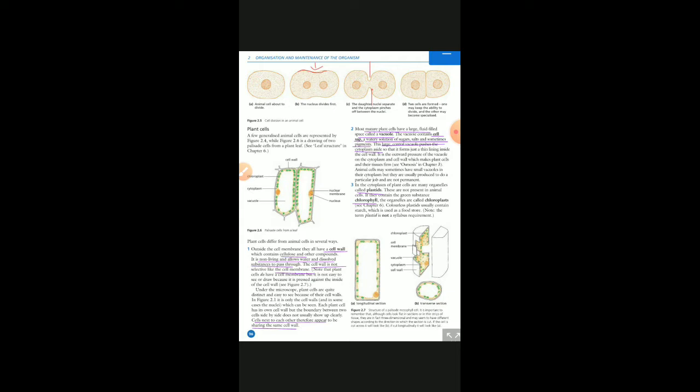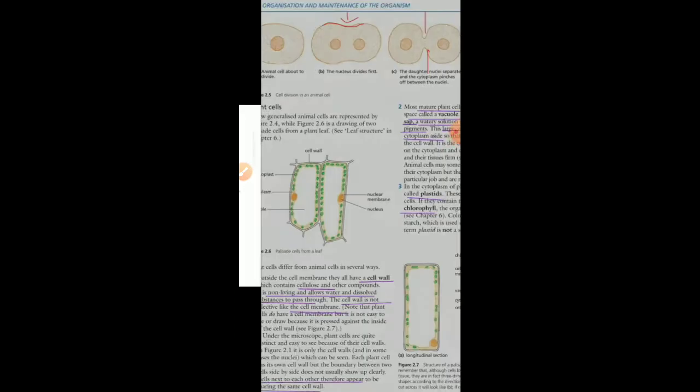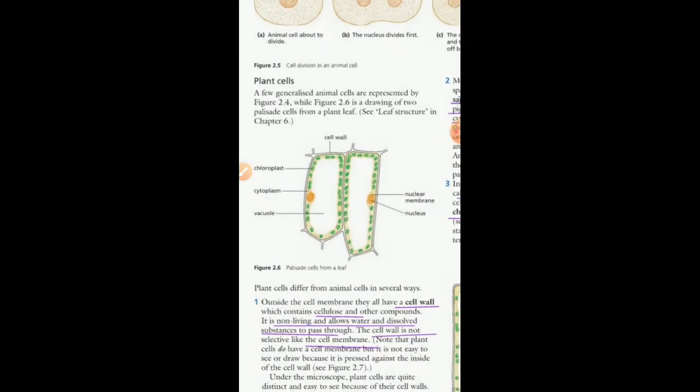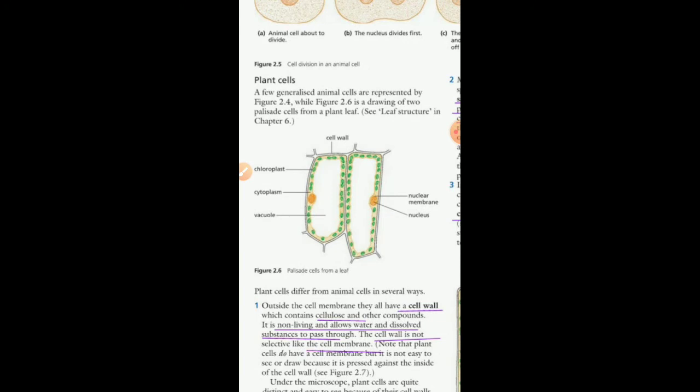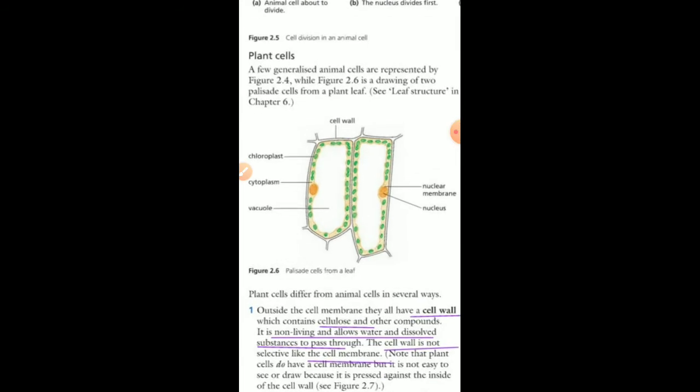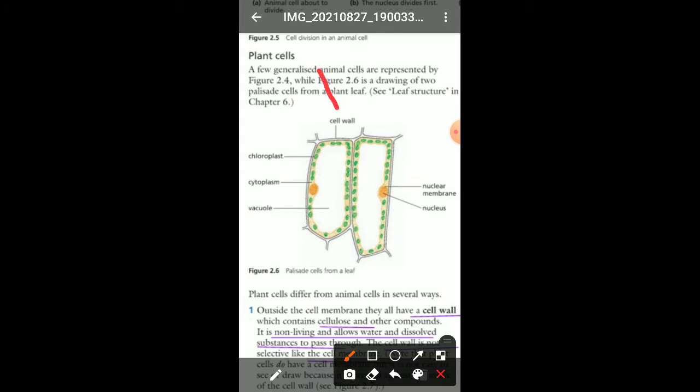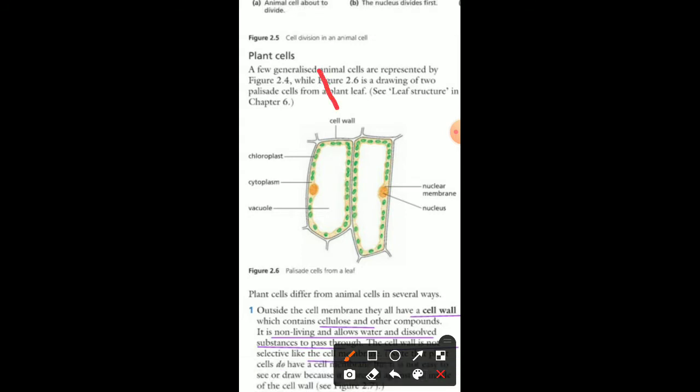Now, in today's lecture, we are going to cover the difference between plant and animal cells. The basic difference between the plant and animal cell is that the plant cell contains a layer called the cell wall outside it, and the animal cell lacks that cell wall. That is the first major difference which you might have heard from your teachers as well. As you can see, there is a layer outside which is called the cell wall. It is the outermost layer.